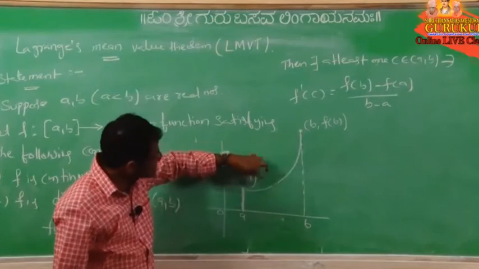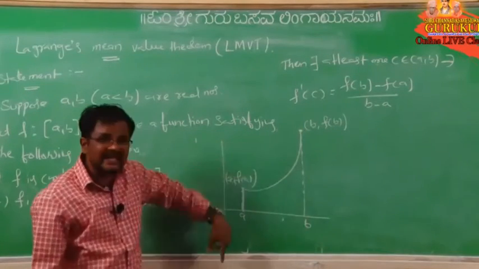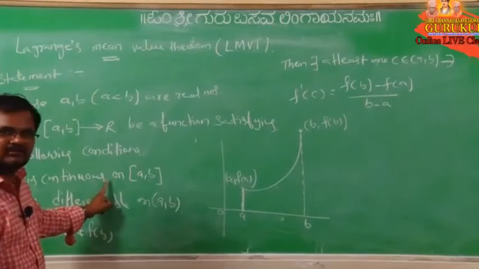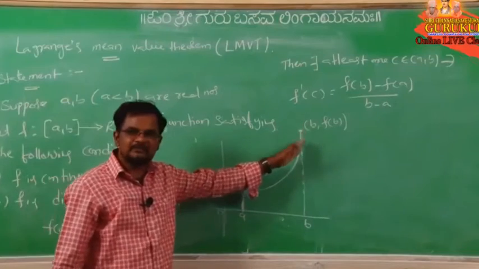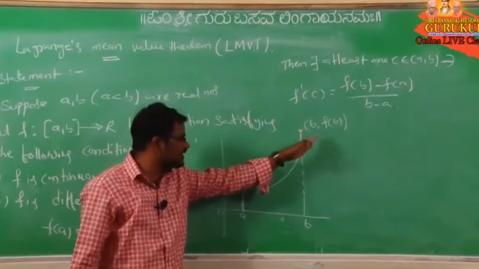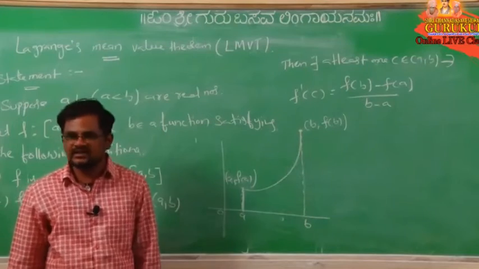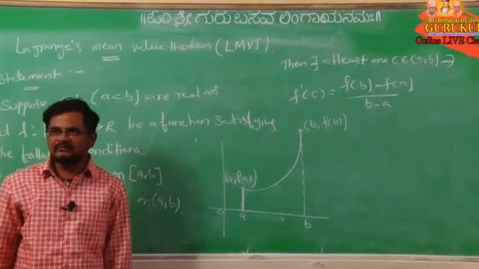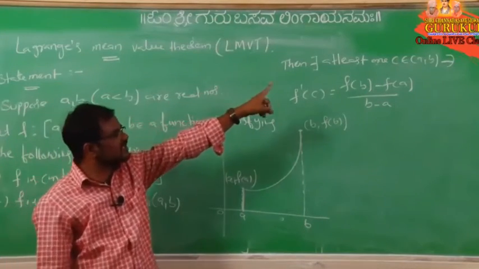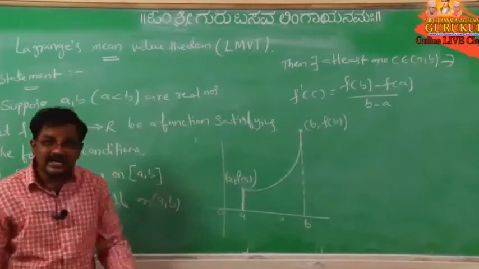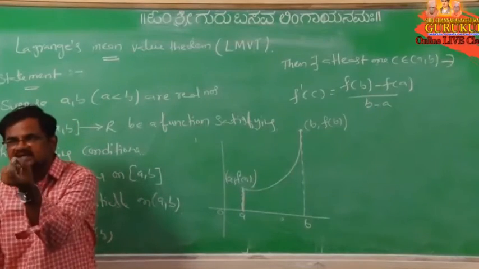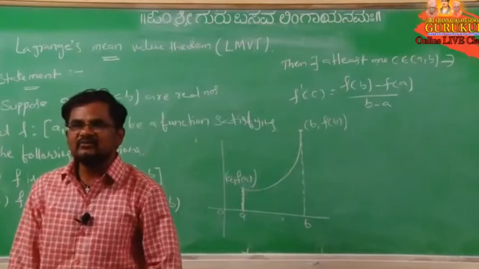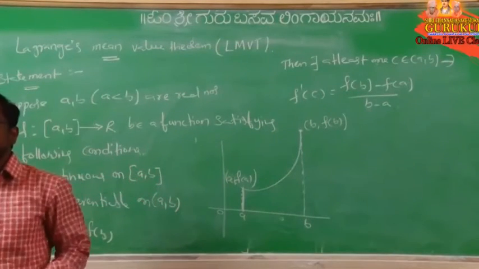And you see, here A is there, here B is there. Here to here, is there any break? No, there is no break. So that's why f(x) is continuous on closed interval [a, b]. And there is no sharp edge, so a smooth curve is there between A and B, so anywhere you can take one unique tangent. So that's why f is differentiable on open interval (a, b). Then we can say there exists at least one point between them, minimum one point, which satisfies f'(c) equal to (f(b) minus f(a)) divided by (b minus a).